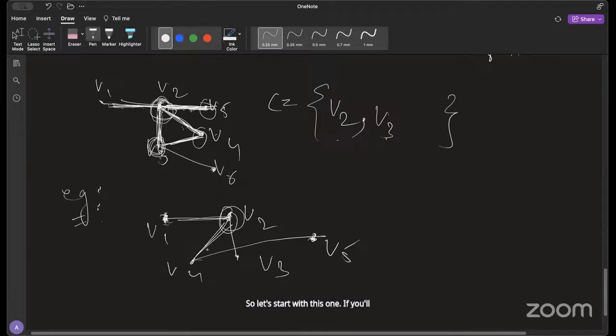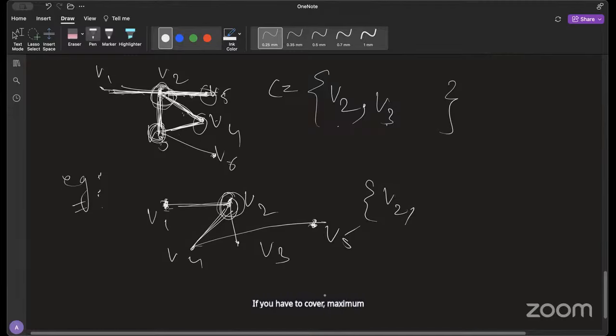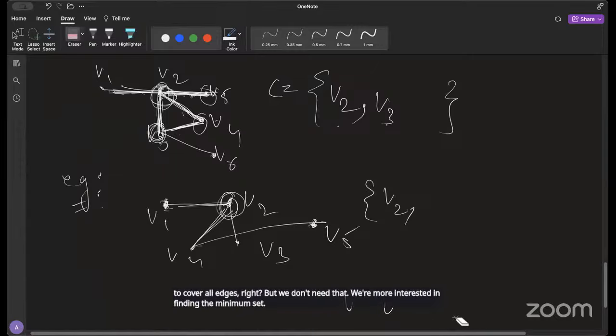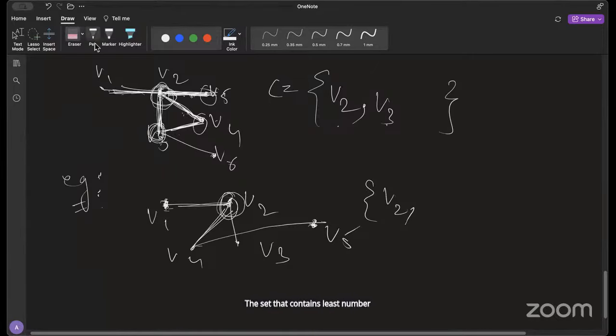If you tell this person, V2, our main idea is that at maximum you can tell everyone, right? If you have to cover, the maximum such set could be to take all the vertices. So maximum could be V1, V2, V3, V4, V5. That's the maximum set possible to cover all edges, right? But we don't need that. We're more interested in finding the minimum set. Ma'am, will the number of